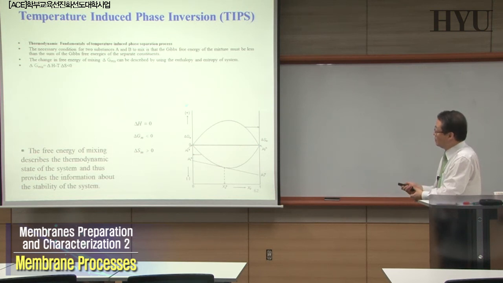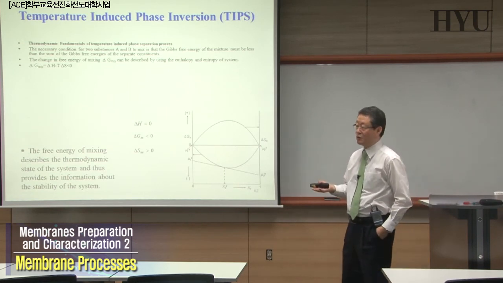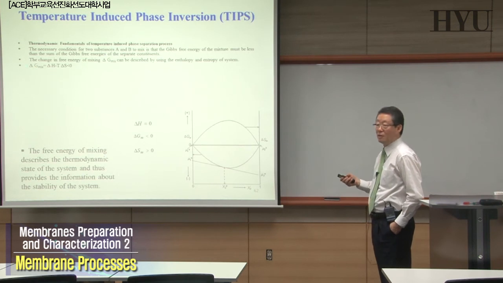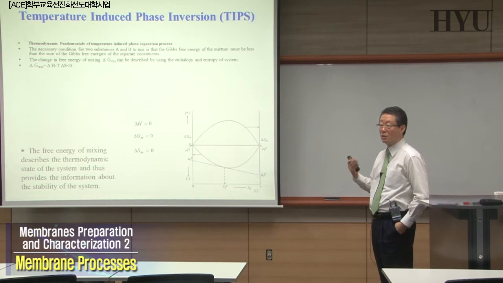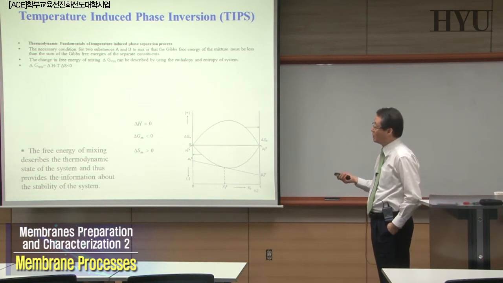Right? When you plot the Gibbs free energy change of mixing versus the composition of your polymer, the Gibbs free energy change of mixing is delta G equal to delta H minus T delta S. When you want to make the polymer membrane, for mixing, the requirement is that delta G of mixing should be negative. If you define delta G of mixing equal to 0, then we reach an equilibrium. If delta G of mixing is positive, then the mixing is not possible. So when you want to induce spontaneous mixing, delta G should be